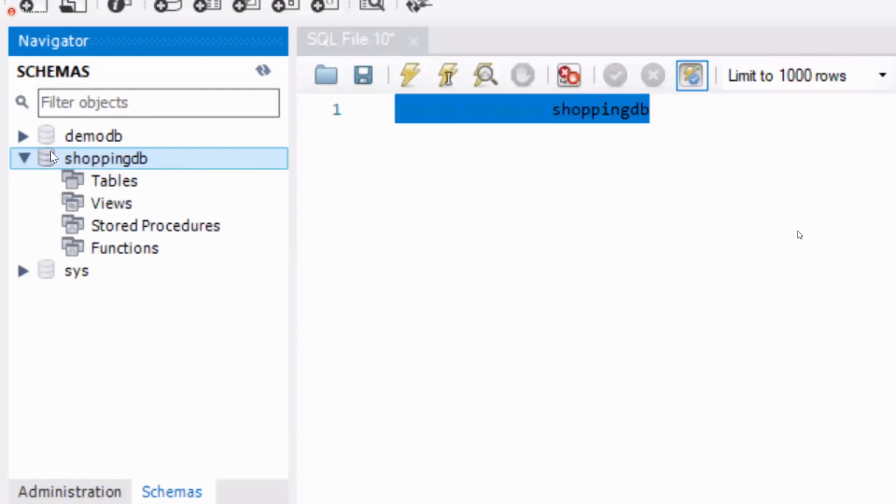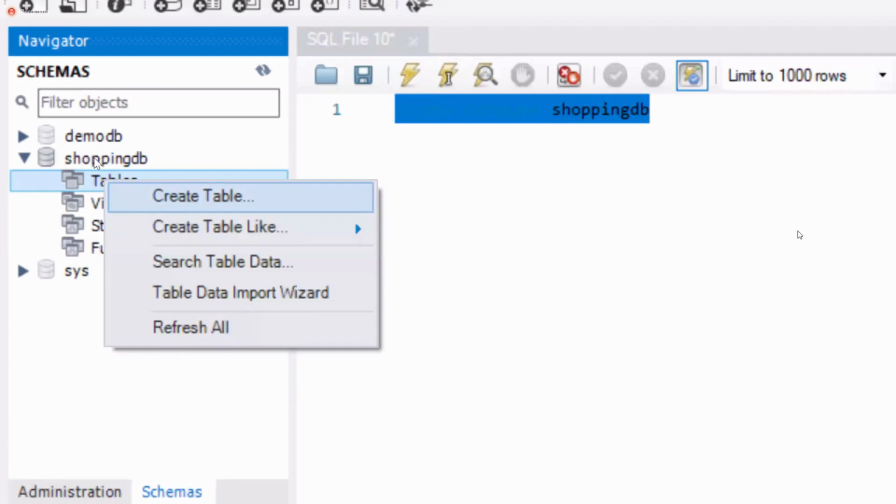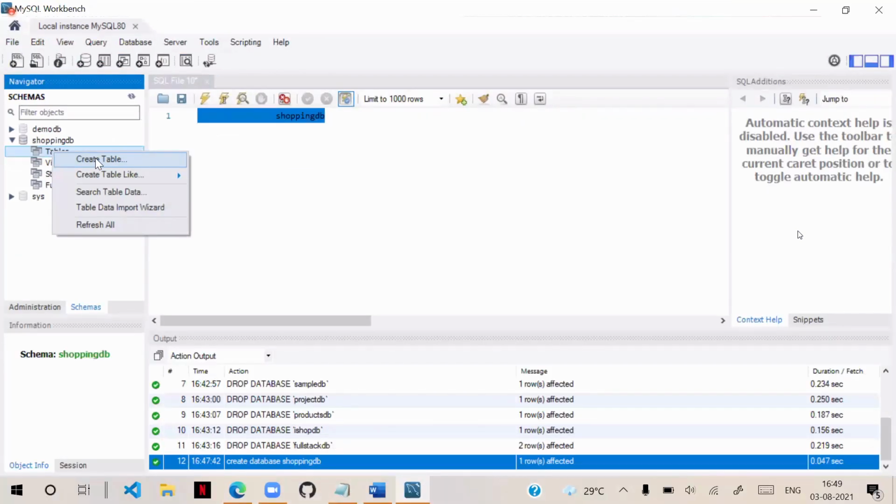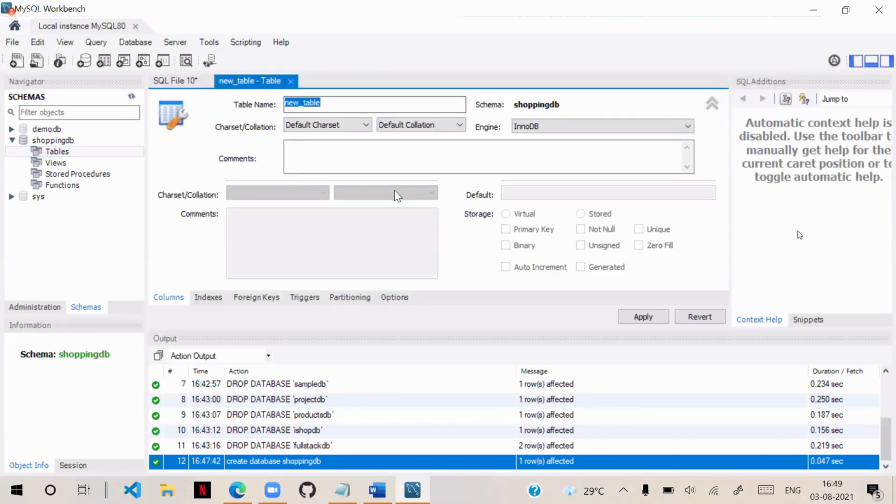You will have tables. Right click on tables and select create table. For that, we need to write SQL commands again, but we are just using the graphical mode of it. Create table. Then it will ask you in this way.